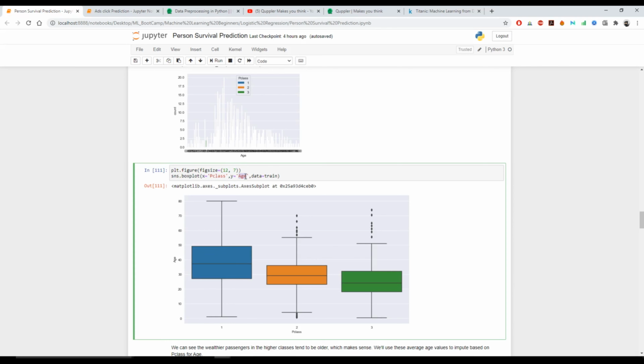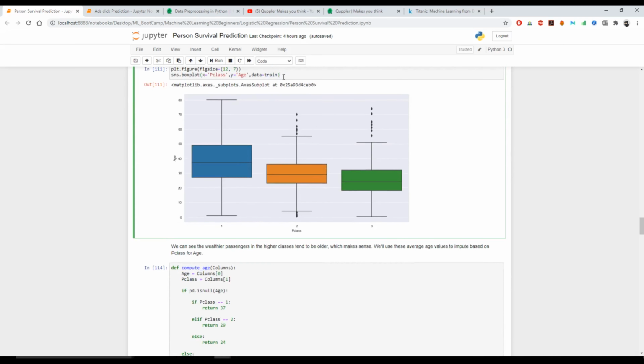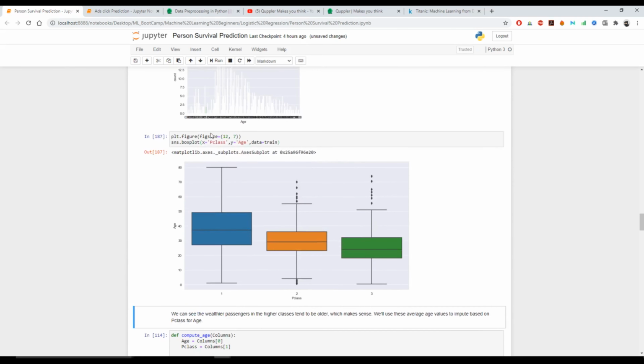So for these two columns, based on my data frame train, we're going to see that for the first class, most of the passengers' ages were between 25 and 50, and for the second class the age was between about 22 and 35.